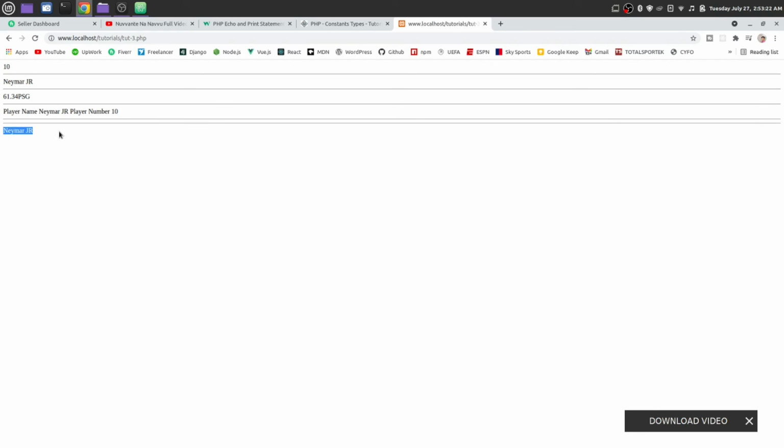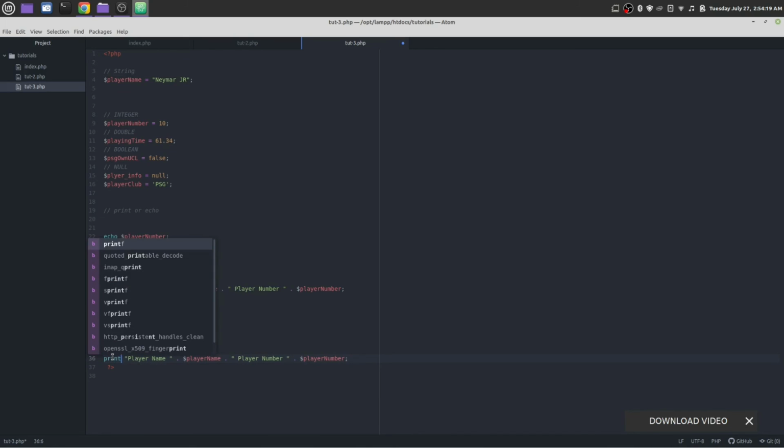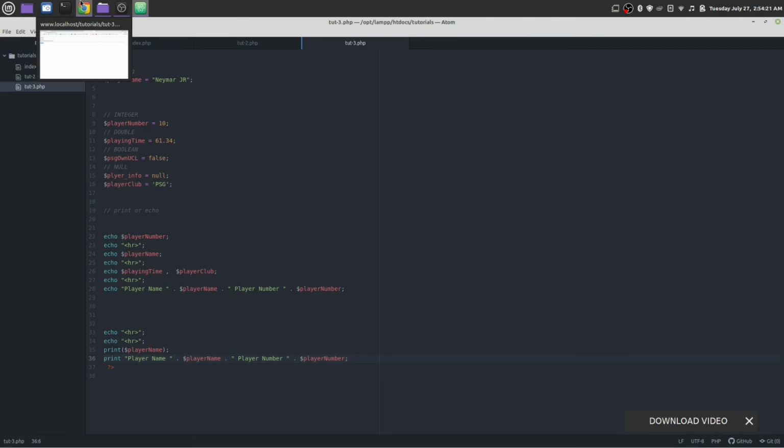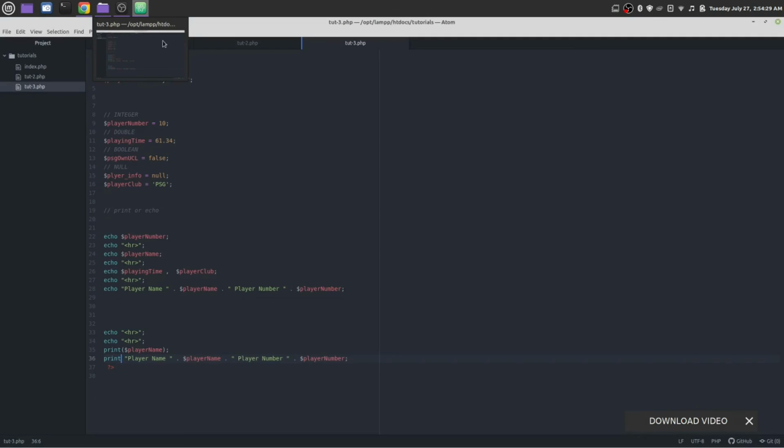Player name is Neymar JR. We can do the same concatenation with print without any parentheses. Here we don't need any parentheses, just write print, save it, and once again reload the page. You see it is showing player name Neymar JR, player number 10.